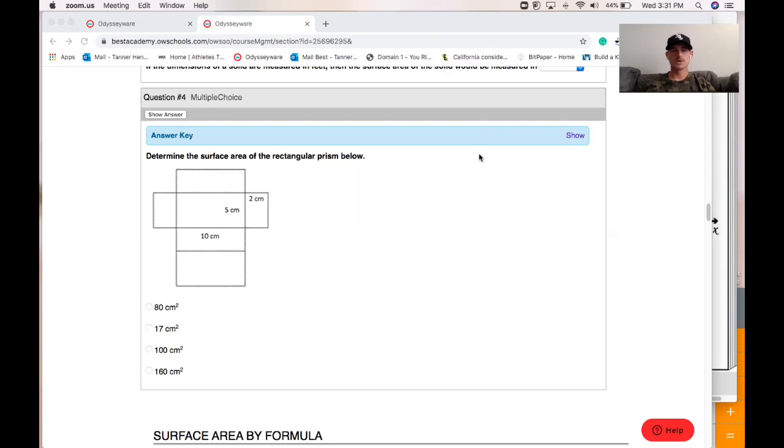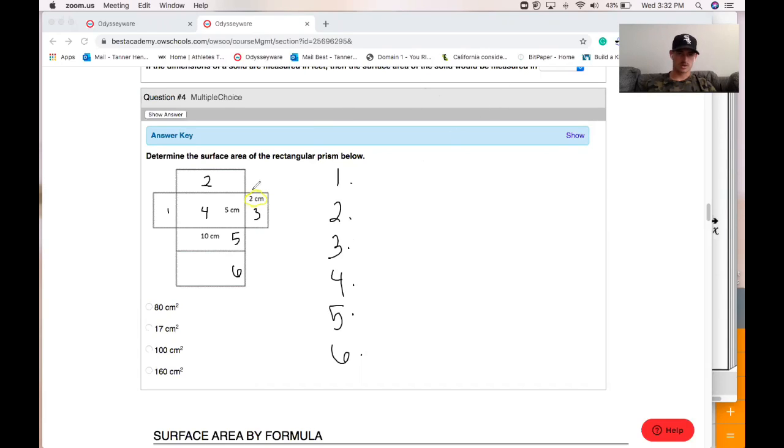So for this one, I'm going to teach you guys a little trick. If we're trying to find a surface area with 6 sides, we have 1, 2, 3, 4, 5, 6. And then the rest of the questions will kind of use a formula that they teach us. So this is a trick. We write 1 through 6, because there's 6 sides. And we write each number